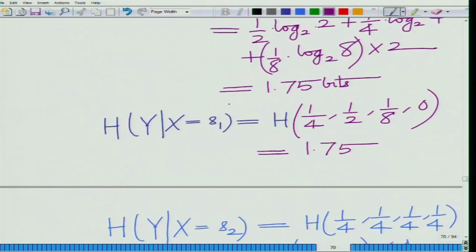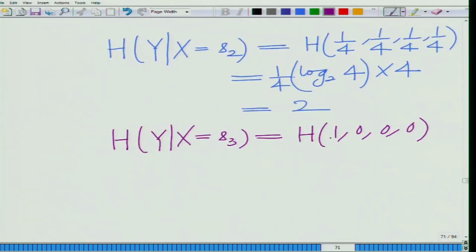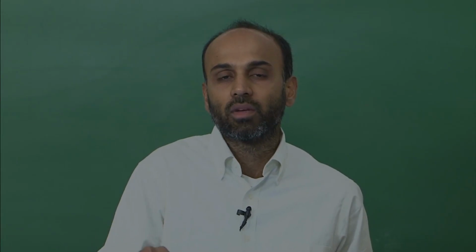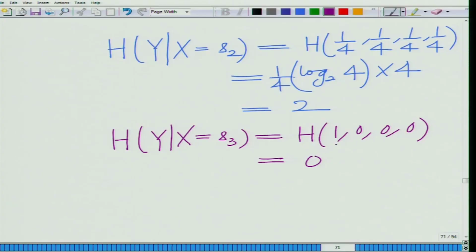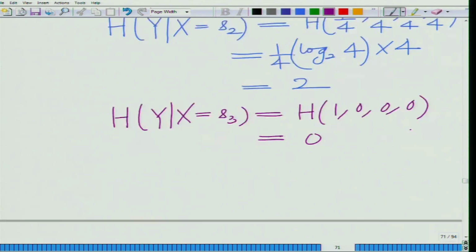That is the entropy of a source with probabilities 1 0 0 0, and this is basically certain, which means given x equal to s3, the only symbol y can take will be r0, because the rest all have 0 probability. So, there is no uncertainty, which means this conditional entropy given x equal to s3 will naturally be 0, and that you can get also from this calculation corresponding to the probabilities 1 0 0 0, and therefore,